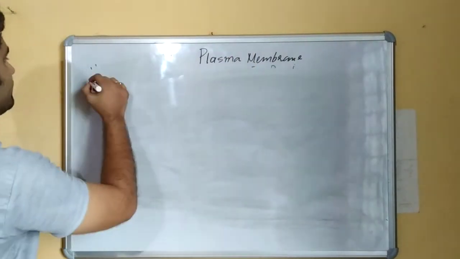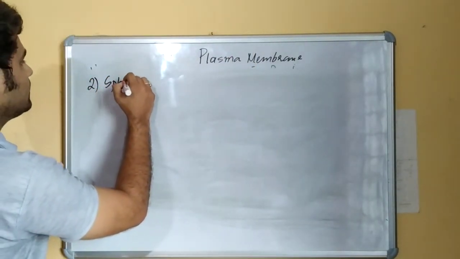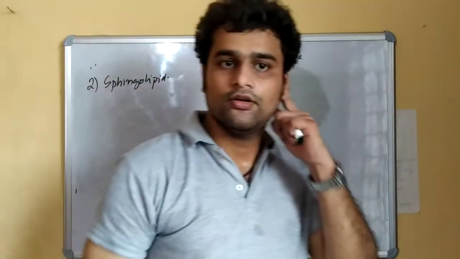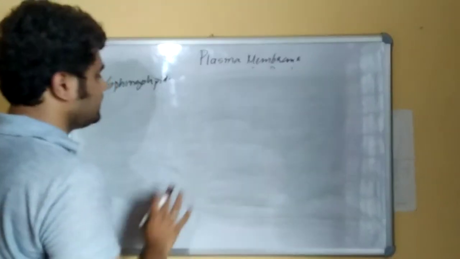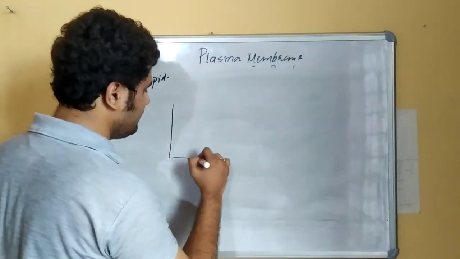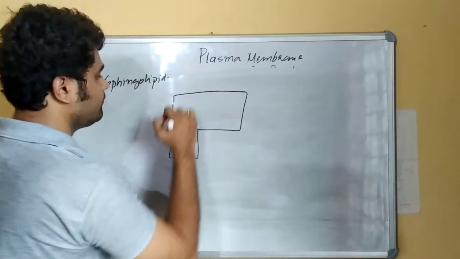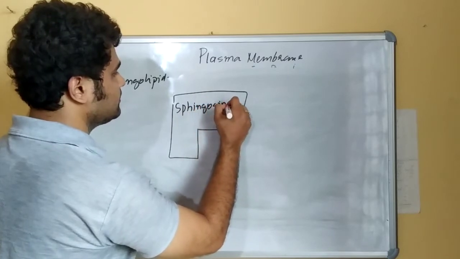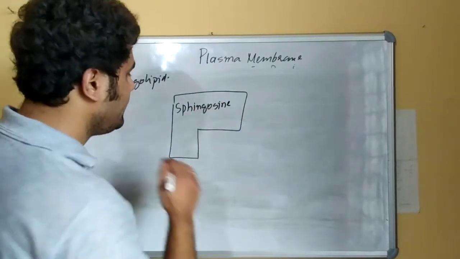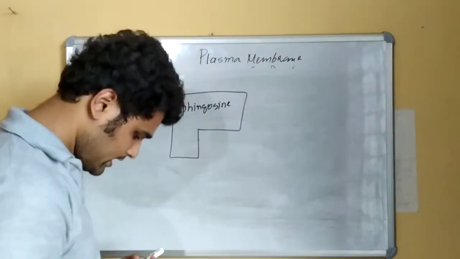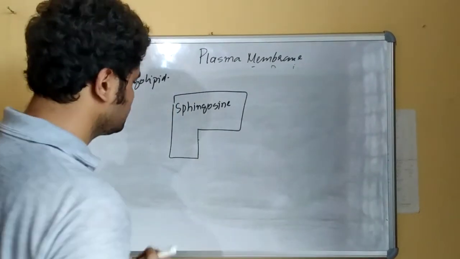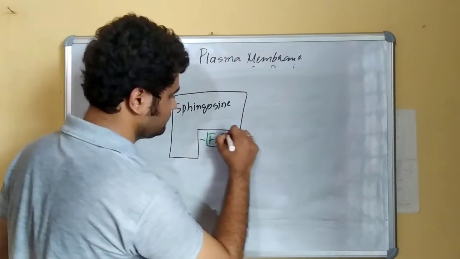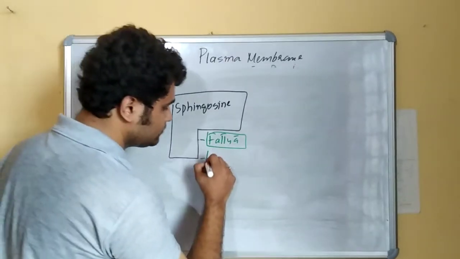The next type of lipid was sphingolipid, right? We have discussed phospholipid. Now this is sphingolipid. Now, what exactly is sphingolipid? Sphingolipids are lipids having a backbone of a molecule called sphingosine. Along with this backbone, there is one molecule of fatty acid, and there is one